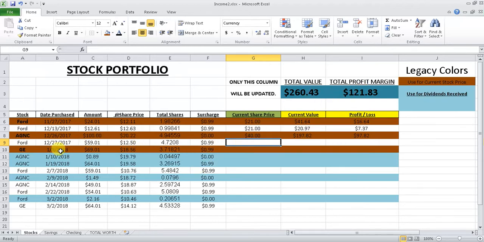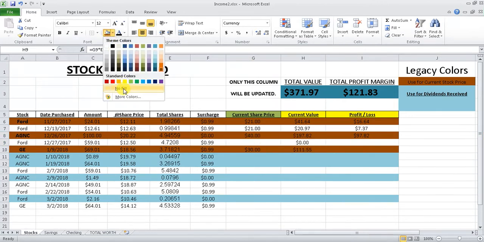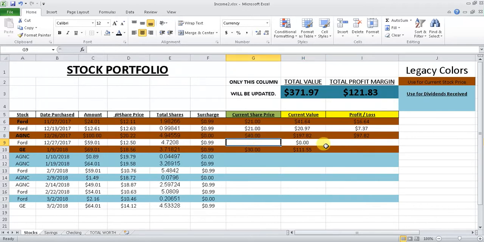Now, continuing, same thing with GE. Whatever the price is, you type it in. Let's just say it's $30, and then you can drag this down like this as well. And sometimes you're going to have to do this. You might have to unfill it, do it, whatever's most convenient for you. And so, all right, we'll fill in the Ford row here. So Ford equals the Ford price, G6. There we go,